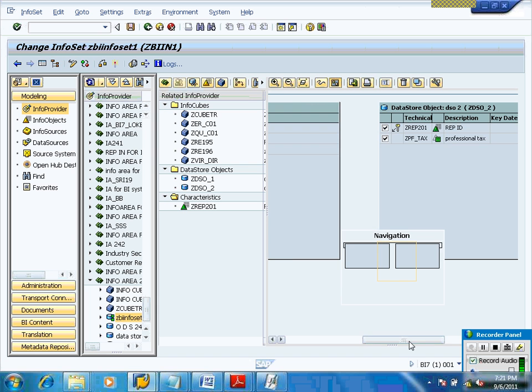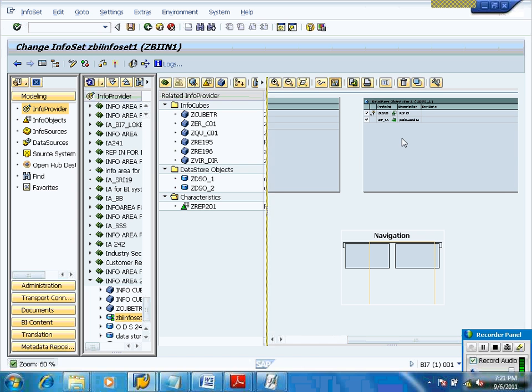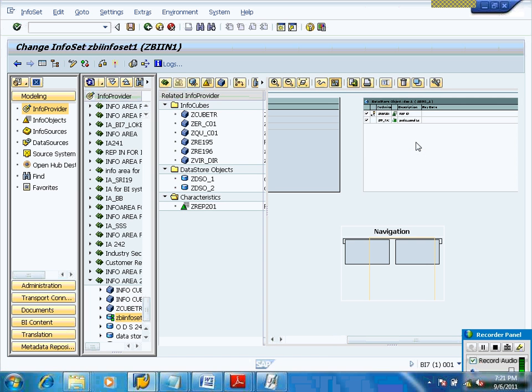So where is your table? These two are tables, right? First DS4, second DS4. Right click this one and select the second one, click on left outer. Now it will become white color. Then activate.